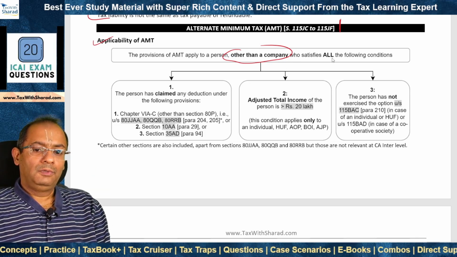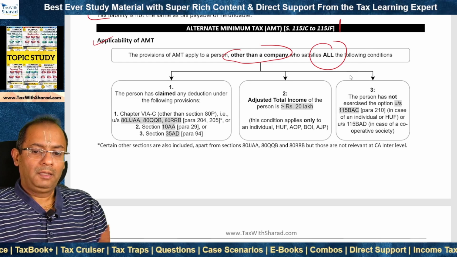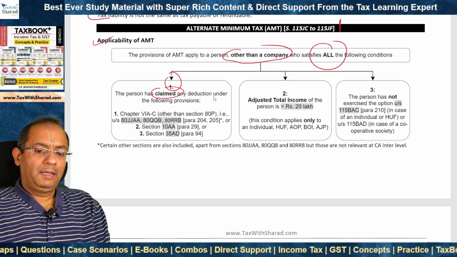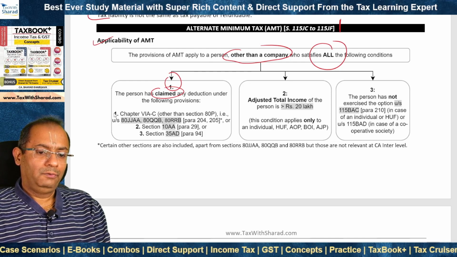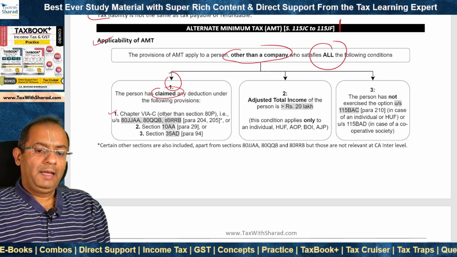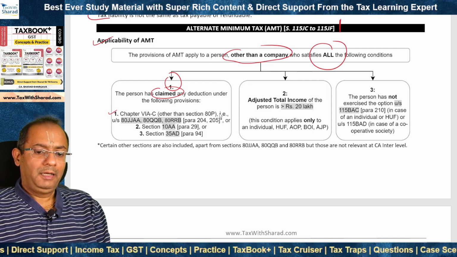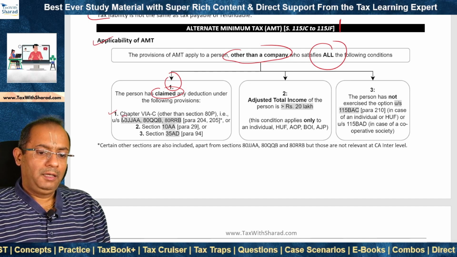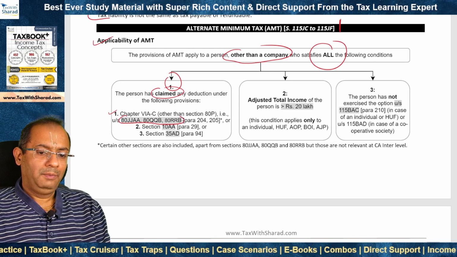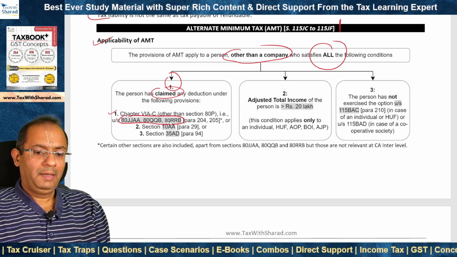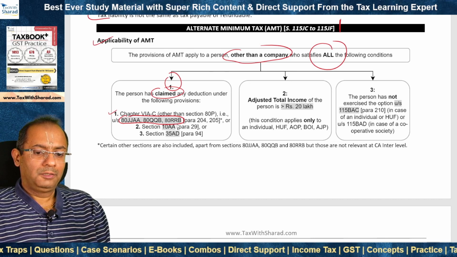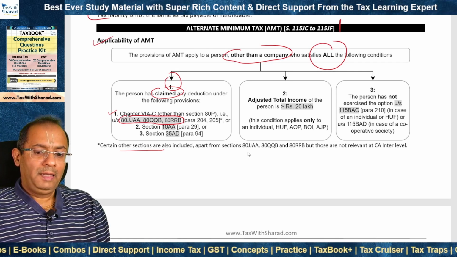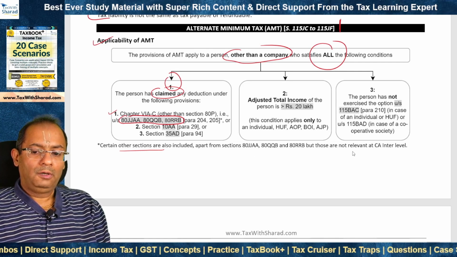So AMT applies to a person who satisfies all of the following three conditions. One, the person has claimed any deduction under the following provisions, and there are three of them. First, Chapter VIA-C, but other than section 80P. That means it includes 80JJAA, 80QQB, and 80RRB. This is what we have discussed some time back on account of deductions from gross total income. Certain other sections are also included in Chapter VIA-C apart from these, but those are not relevant at CA Inter